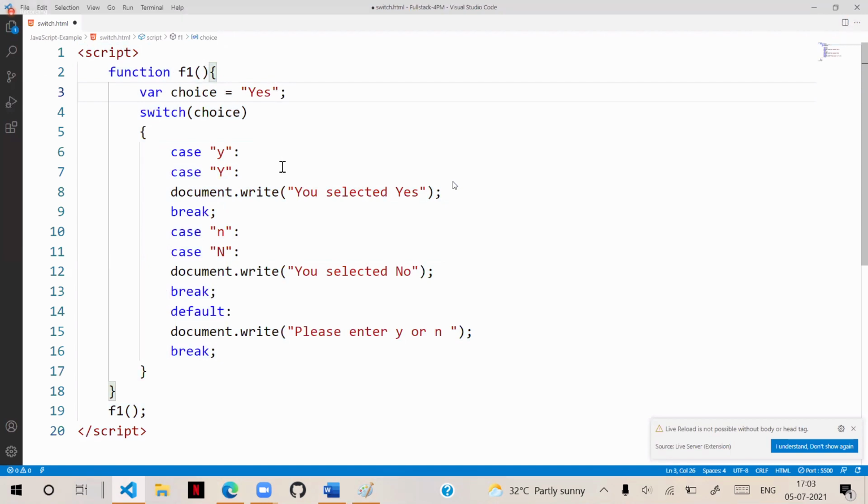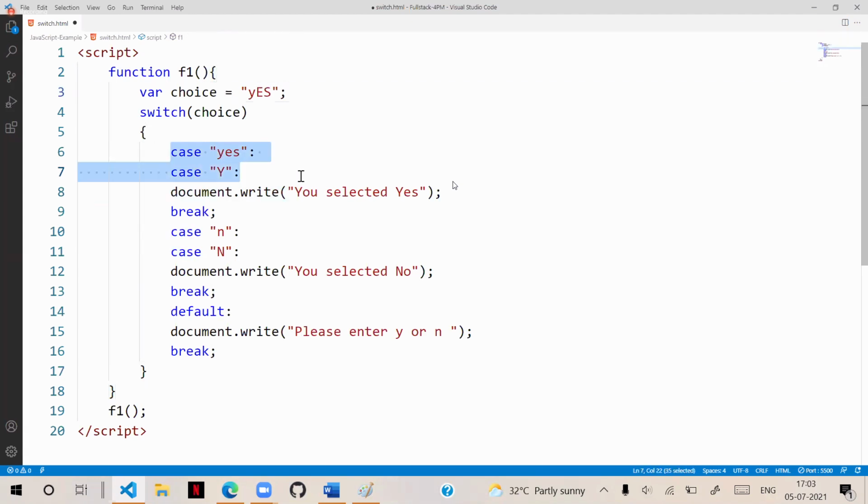Here the user can enter the input in several ways. Suppose you used the word yes. Sometimes anyone can type yes in lowercase, or with Y uppercase, or with E uppercase, or sometimes all uppercase, Y-E-S. Several combinations will be there. You cannot write all of them here, it is a waste of time. In that case, what you can do is simply convert this